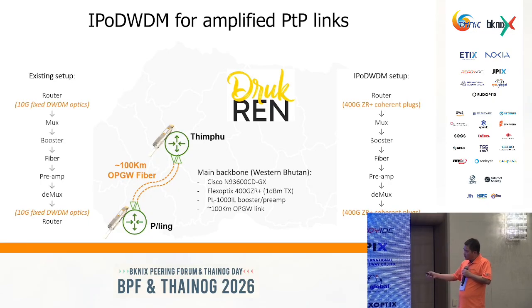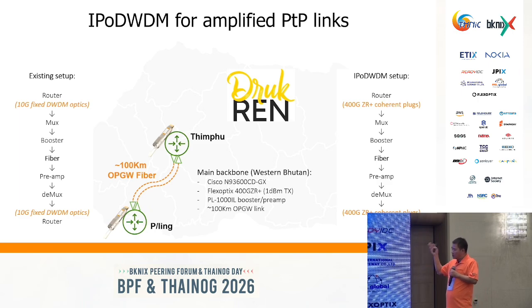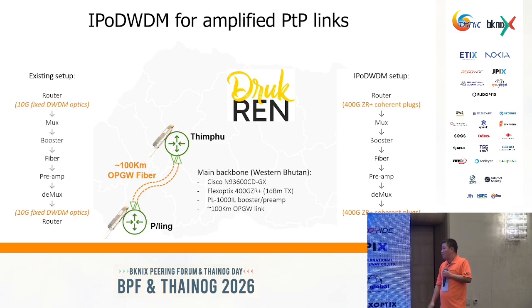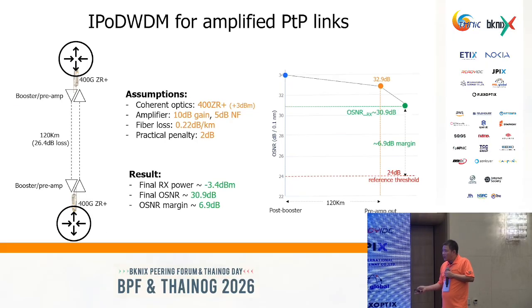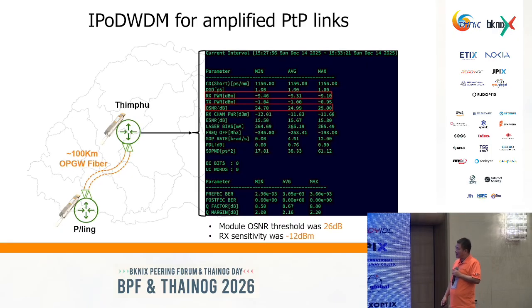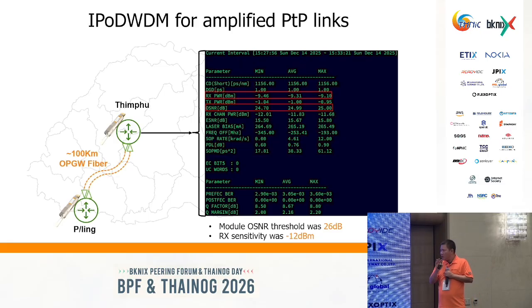And for this POC, it was a Cisco box. It was the ZR+ coherent plug with a 1 dBm launch power. And there were also boosters and preamps. Right? And the theoretical calculation that I did for this POC before we actually plugged it in looked really positive. Don't worry, the OSNR had about 7 dB margin. And this was the reality that we had. The OSNR is really touching the threshold. The threshold is 26 dB, and the OSNR was floating around 24.9, 25 dB, which means we were really